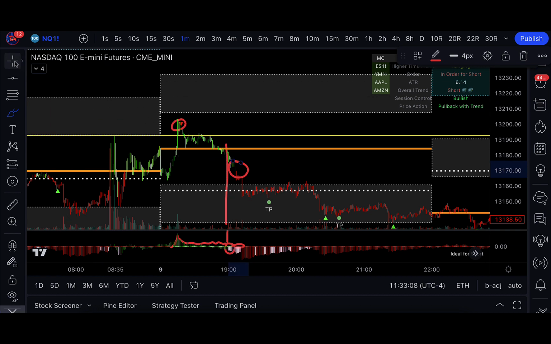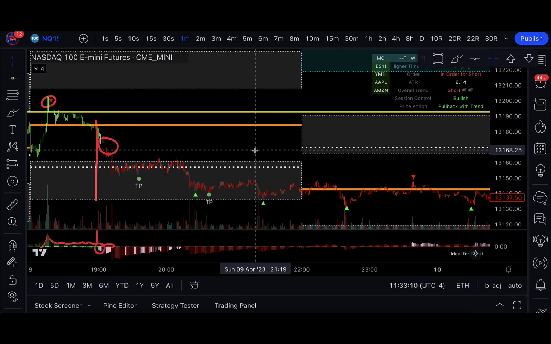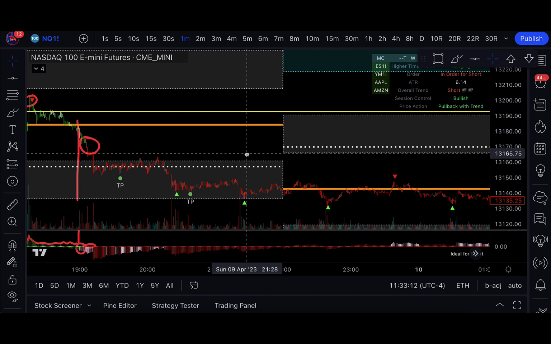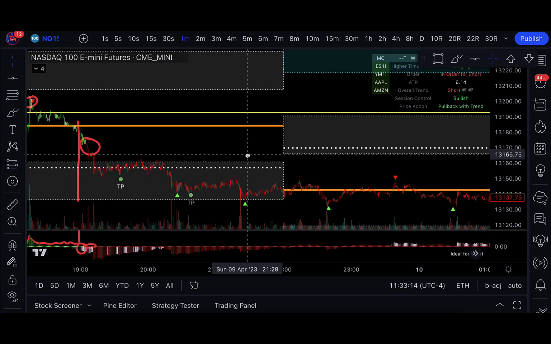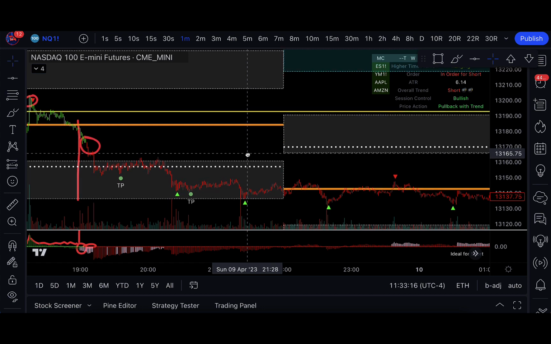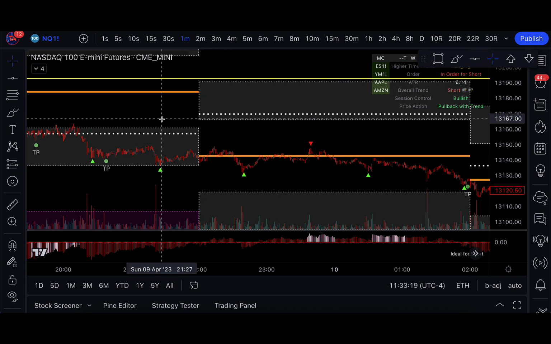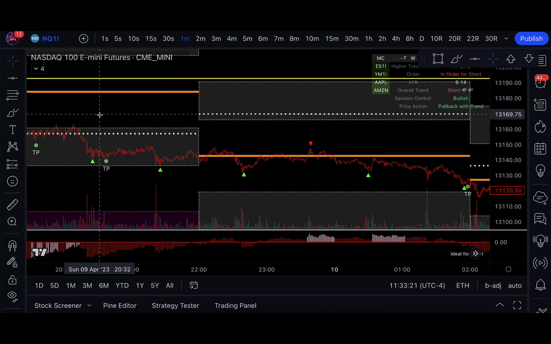And I just sat in this trade the entire night, and I let it run while I was sleeping because of how I have my risk management brackets set up. The runners were already paid for. So one of the great things about